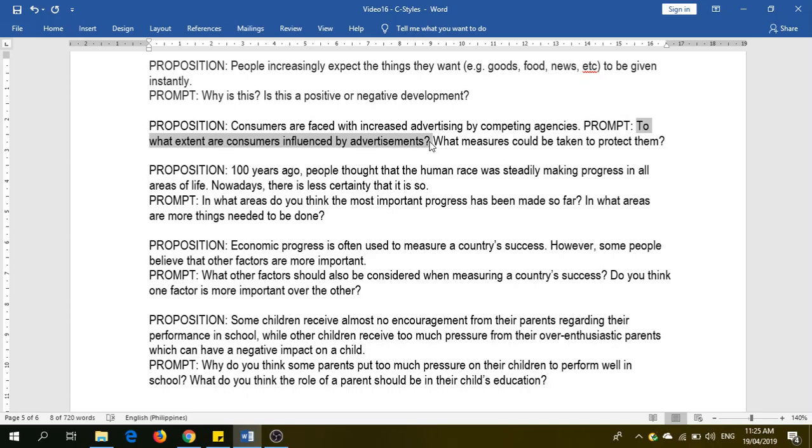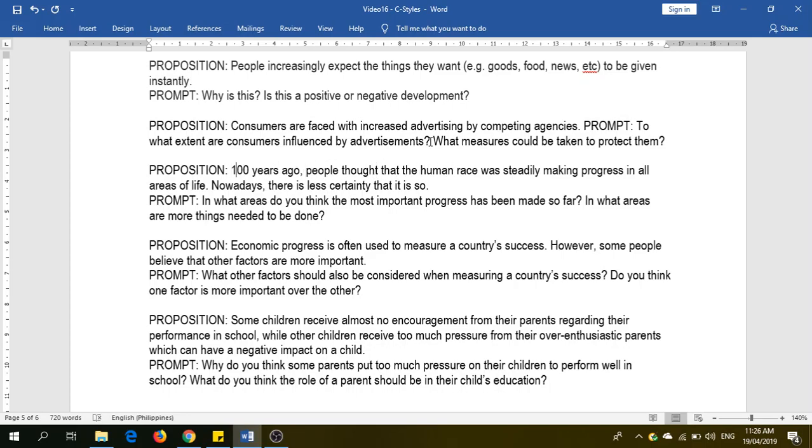So, in answer to this first question, you now talk about two sides of the issue. Some people are not influenced, but indeed there are some people who are influenced. And for all intents and purposes, that is what we now call the it depends. Maybe you can say that some people are not influenced, especially those who are older and more discerning and more experienced. However, there are others who are younger and easily fall prey to the machinations of advertising, so to speak. And from that point, you can now resolve the problem by recommending measures to protect these gullible people, so to speak.